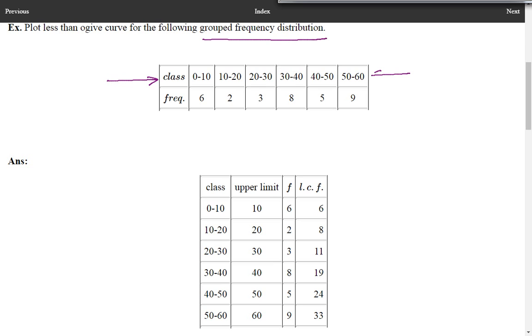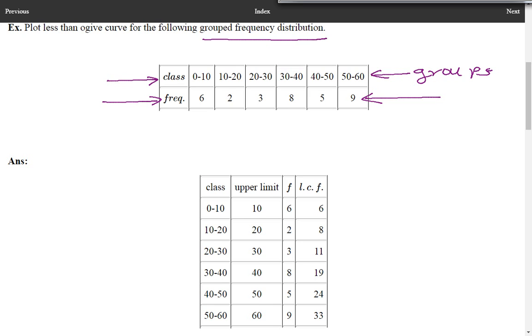Here groups or classes are given and their frequencies are given. So, in group frequency distribution,